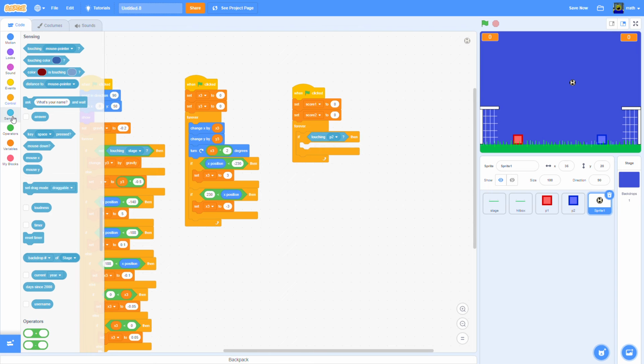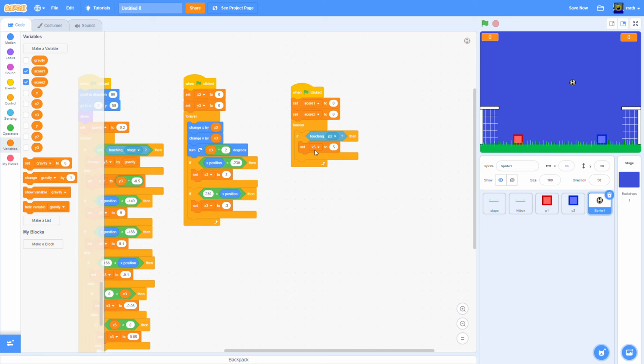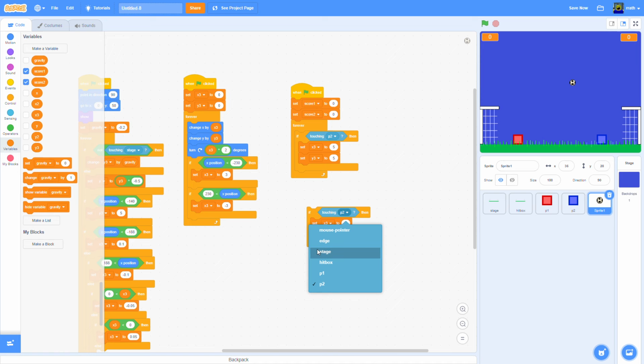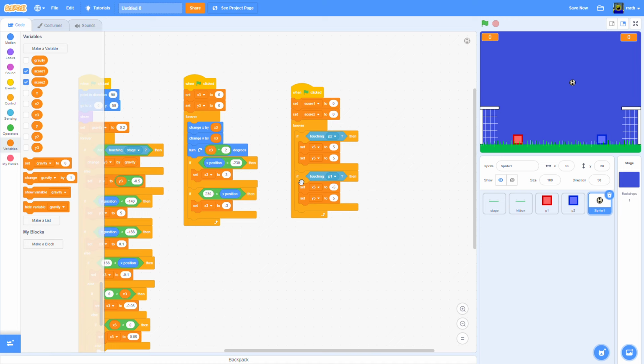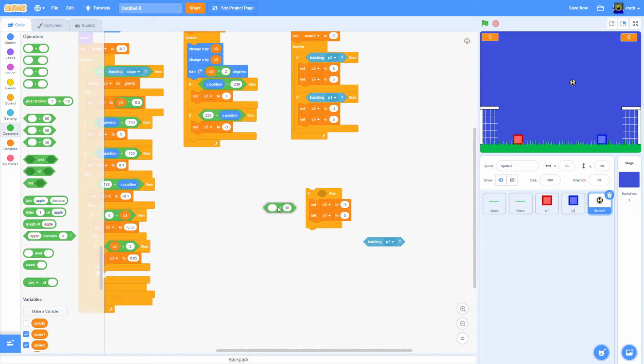So let's do set x3 to 5 and y3 to 5. And for player 1, we're gonna do x3 to -5. y3 is okay at 5. And then if the y position is less than -77,